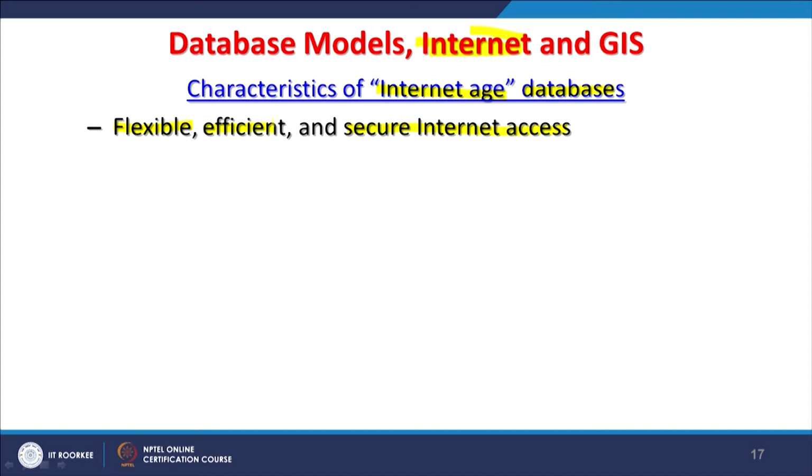So, if I take the example of Google Earth, basically Google Earth has two main databases. One is in the background, which is the digital elevation model of the entire Earth, which is coming from SRTM, the Shuttle Radar Topographic Mission Digital Elevation Model.